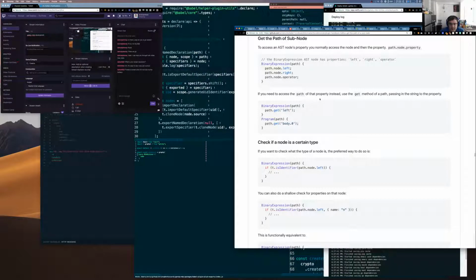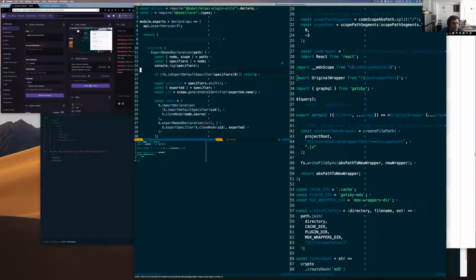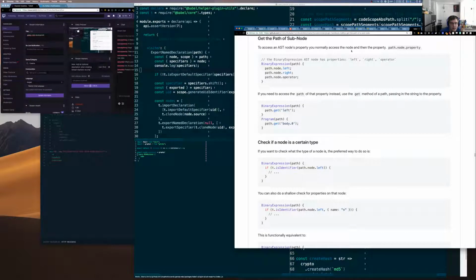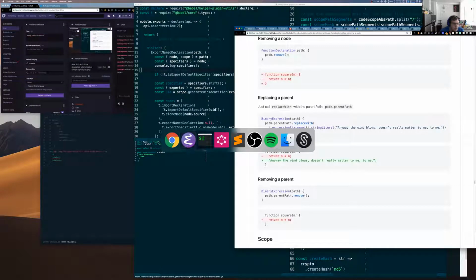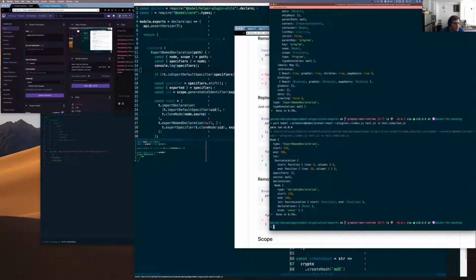It's the get method passing the string to the property. Path.get. Left operator, so export named declaration. Path.node.property. So export named declaration should have some kind of identifier that we should be able to use to actually get the name of this variable